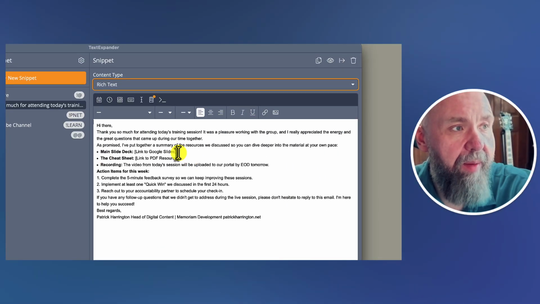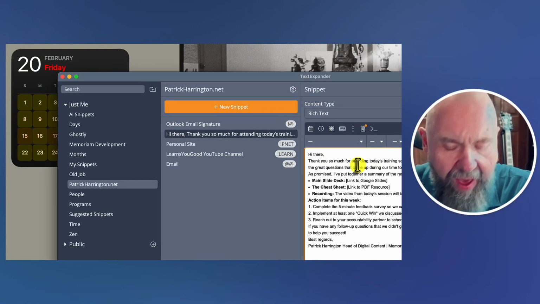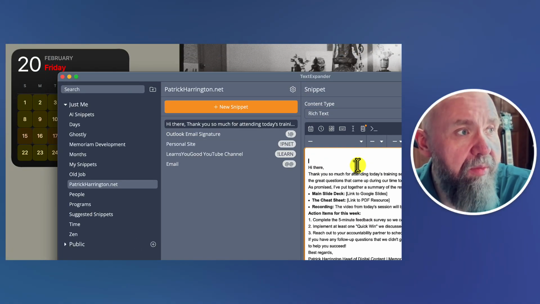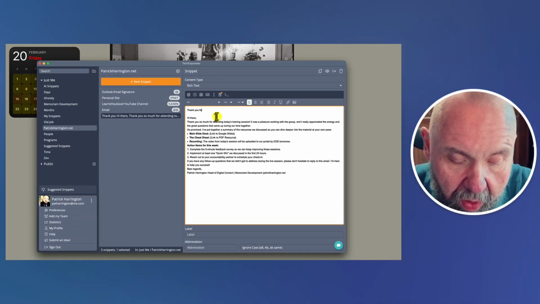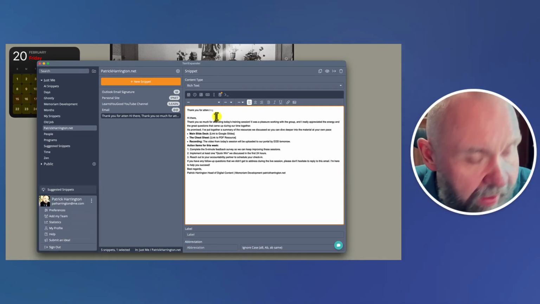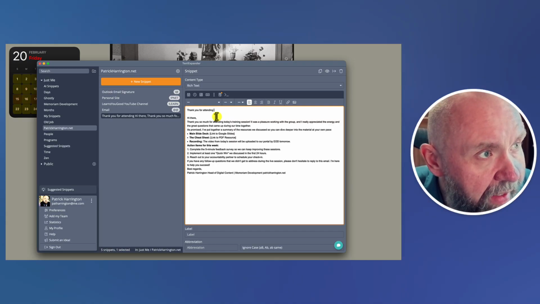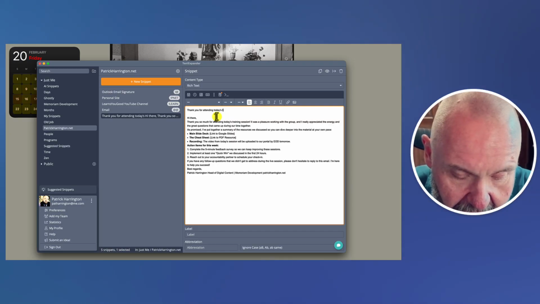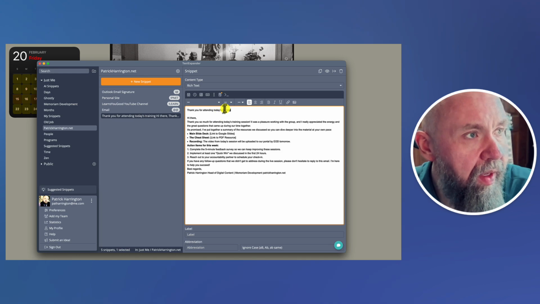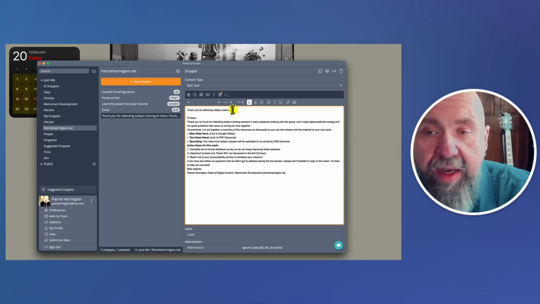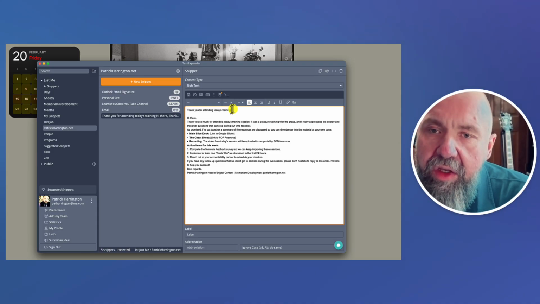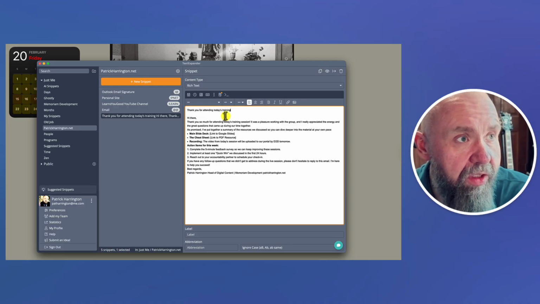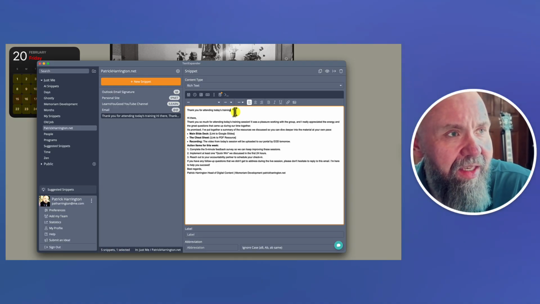This is the email that I'm going to use, but I would like to have a subject in there beforehand. So I'm going to put thank you for attending today's training. So that'll be the subject of the email. Now, in an email client, if you are putting your subject in, you could hit tab to move on to the next line. So that's what I'm going to do, except I can't tell it to just hit tab, or